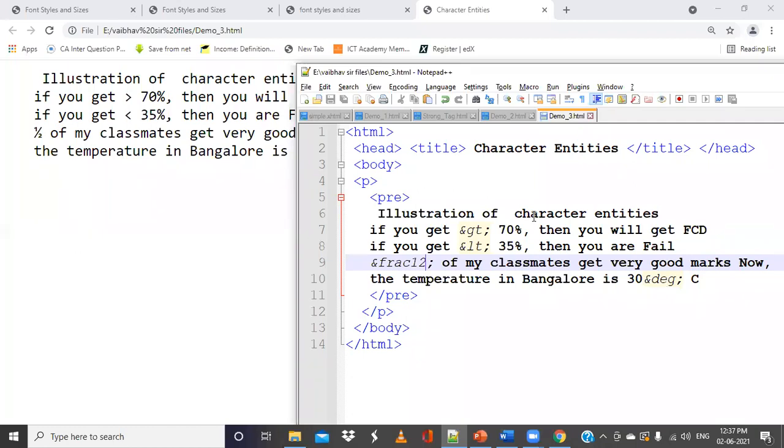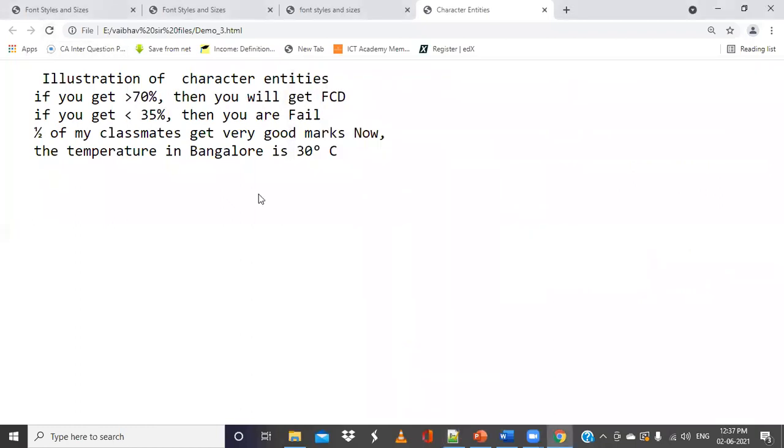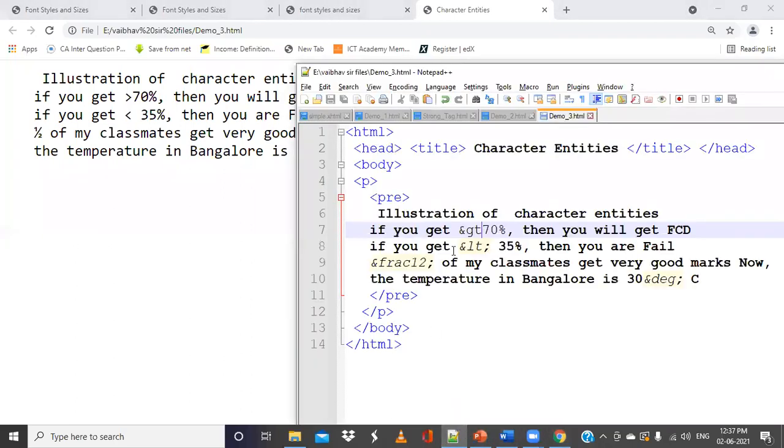And always remember that you have to give a space here. If you don't give a space, then it will not give the correct results. So better use this, and then you have to give a space and use it. Or for example, sometimes if you do not include this semicolon, the browser may not read what it is exactly, and it may not display the information. Some of the browsers will not support all this, so it is always better to use the semicolon. Without semicolon also it will work, but some of the browsers may not give the correct results.